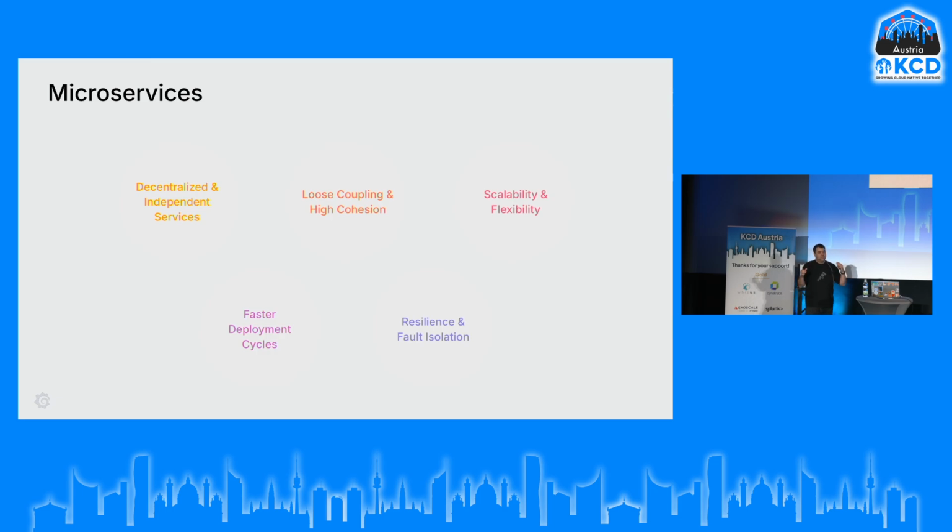With microservices, we can have one deployment or one endpoint for the payment service and have its own HA, so its own high availability scenarios. And we can have for the subscription service perhaps fewer replicas or fewer instances running. Perhaps I don't need such a big machine for that specific endpoint. And that is made possible by microservices. We have loose coupling and high cohesion in the system. We have scalability and flexibility, so we can scale things up and down at will based on their current needs. We have faster deployment cycles.